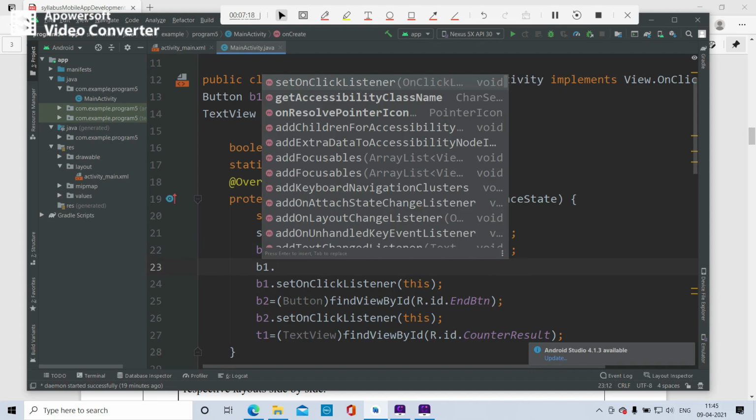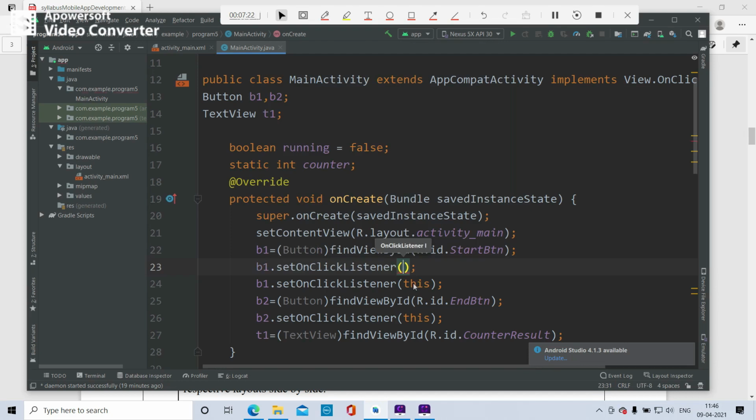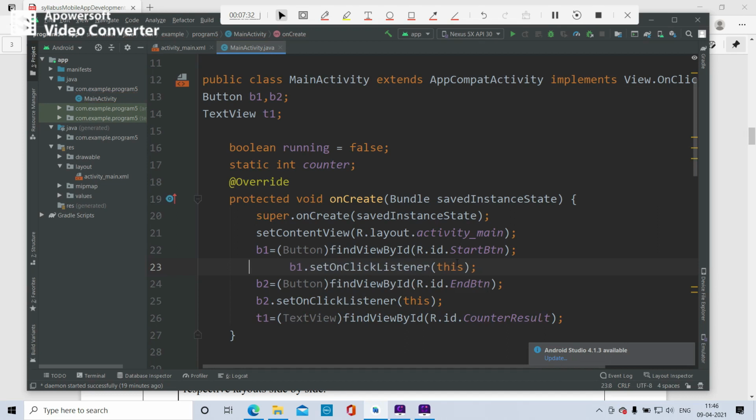From this you have to select setOnClickListener, and this indicates the b1 object, which is transferred as a parameter. We already gave this, no need to give it once again. Similarly, for the b2 object also you have to set the onClickListener.